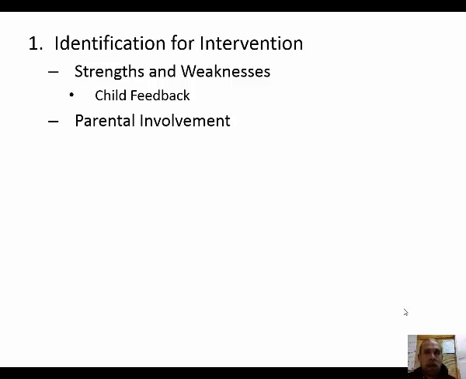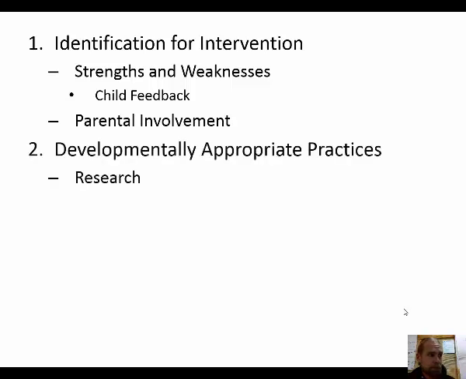Perhaps at no other time in life are parents as involved as they are in early childhood education. So communicating assessment results to parents is also enormously important. The second reason why early childhood assessment has its own course is that there are specific developmentally appropriate practices, as you know, that have to be enacted, like how children develop from 3 to 5, and then from 3 to 6, and then let's say from 6 or 7 to 9 or 12.